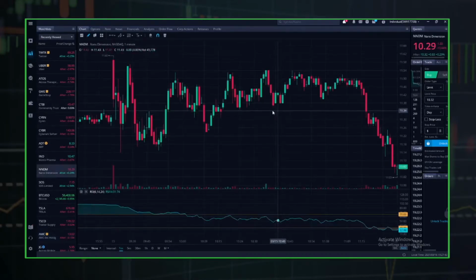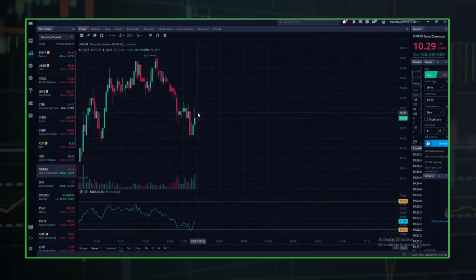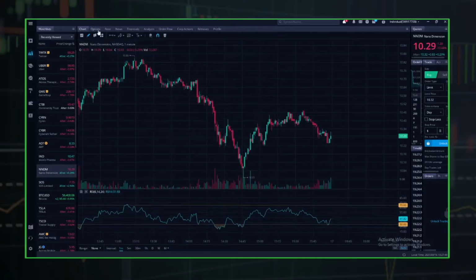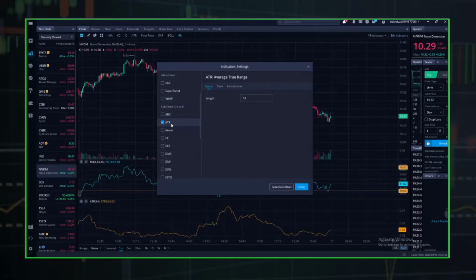Let's go to just another random stock. So we're going to go to another indicator that we can use. We're going to go right here. So let's go ahead and look at all the other indicators that were invented by Welles Wilder. So we're going to go to edit indicators. Remember, we were talking about the ATR, we were talking about the SAR indicator, we also have the ADX,